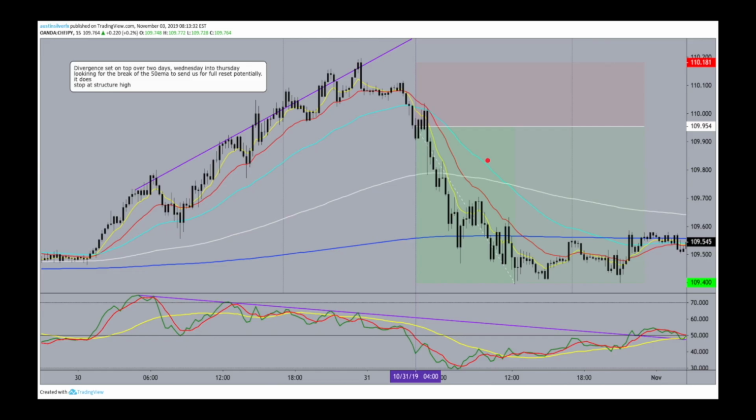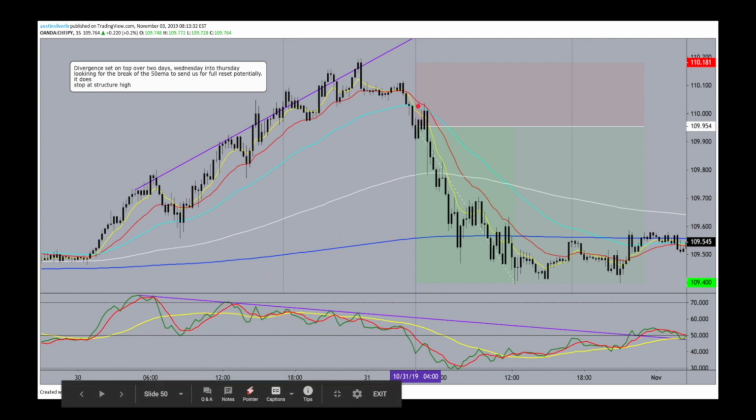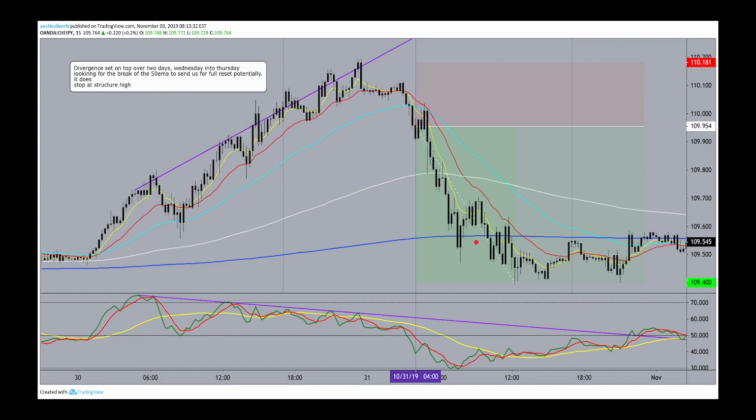Here, another JPY example. This is CHF JPY. Off the top, look at this divergence building on the 15-minute. RSI sets its high here at 6 a.m., 5 a.m. the previous day, and just continues higher. Price just jabs and jabs and jabs. RSI does not, though. It falls. Once price breaks the 50, you're looking for an entry there to take it back to the 800, and that's